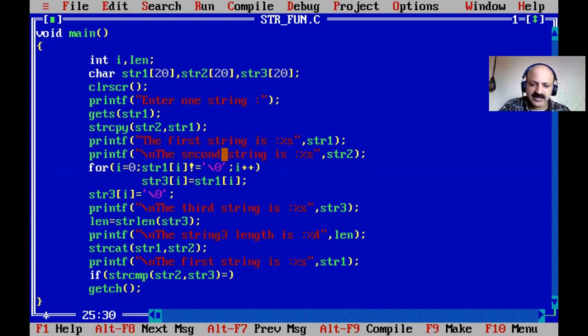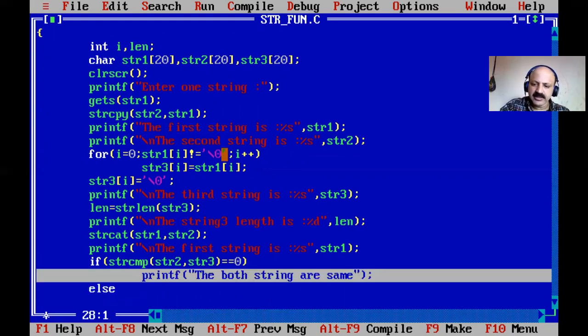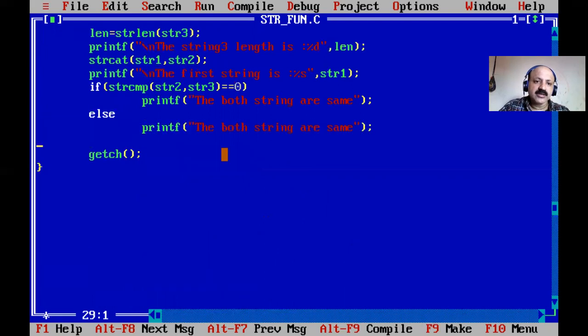If both are same, then it returns 0. So here we can just print the message, both strings are same. Yes, so that is only a message, and else we can print, yes, else, yes, and just copy this line, and otherwise not a 0. That means they are not the same.